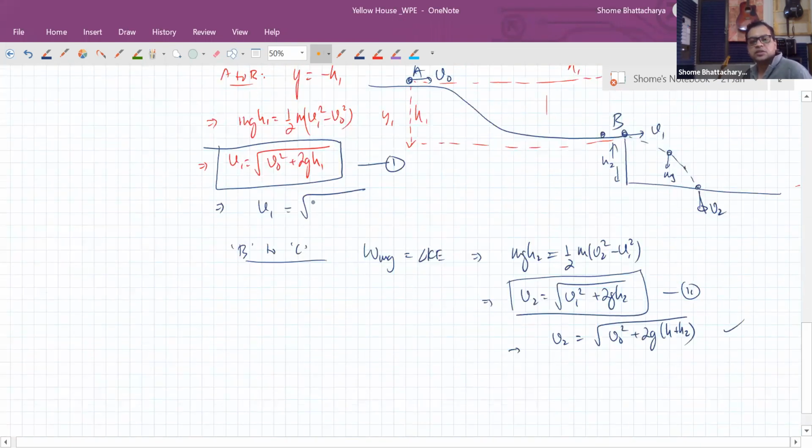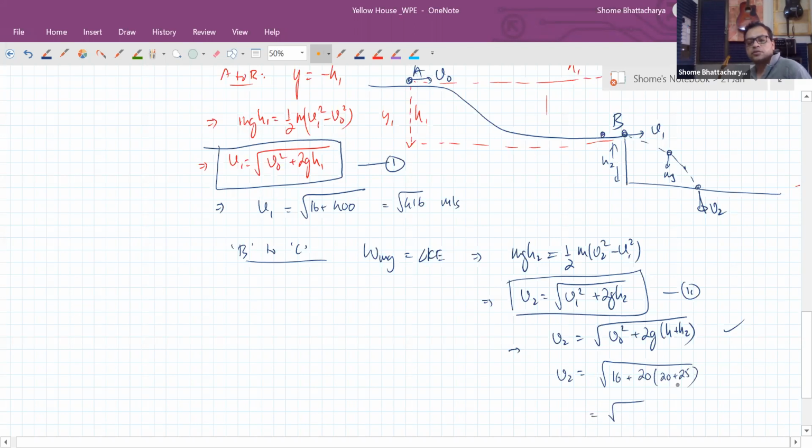So square root of 16 plus 400, square root of 416 meters per second, and v2 will become 16 plus 20 into (20 plus 25),